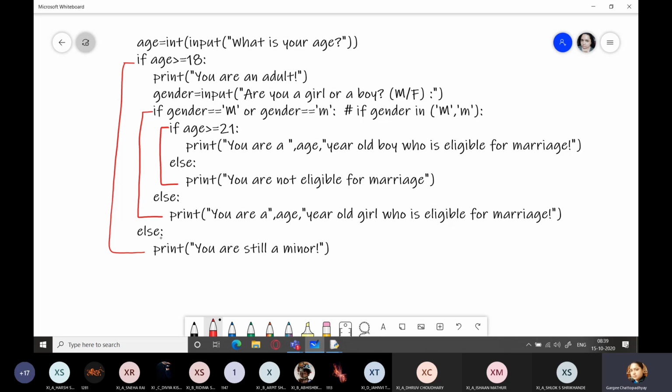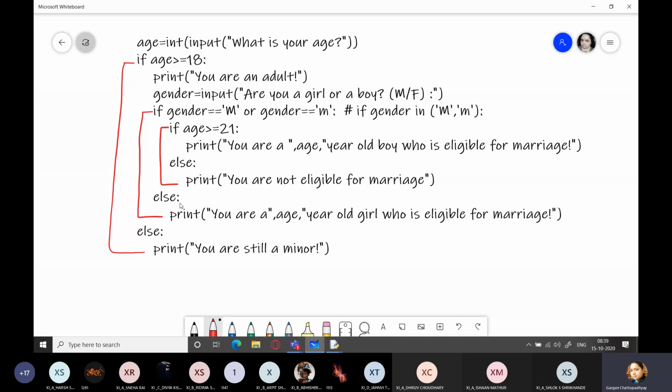That is, this is the outer if block. Within the outer if, another if, and within this there is another if. So you can see that this nested if structure is not constant. It's not the same everywhere. It depends upon the question and the requirements of the question. The way you are designing the logic for the problem depends upon that. So you have to read the question and find out where you are checking which condition, and then only you can do this.